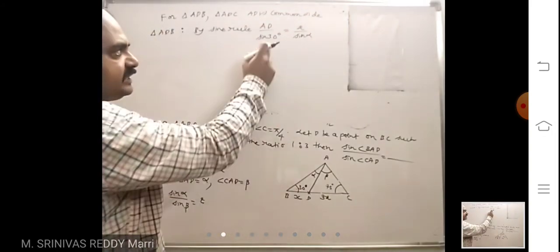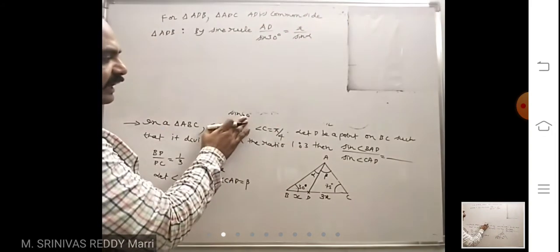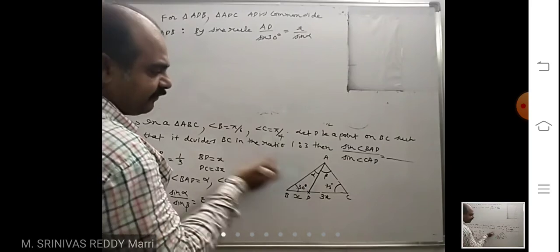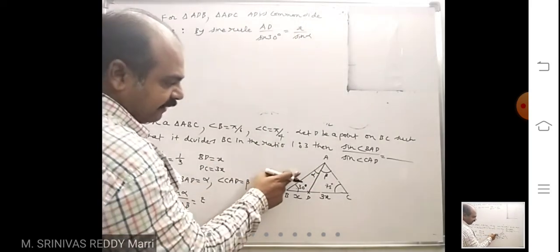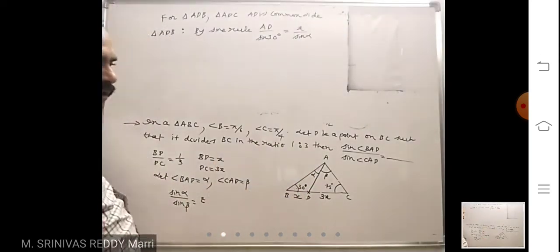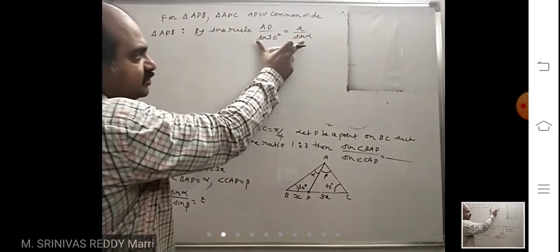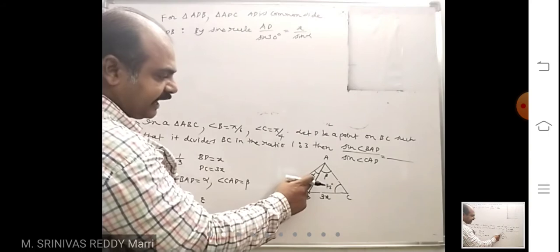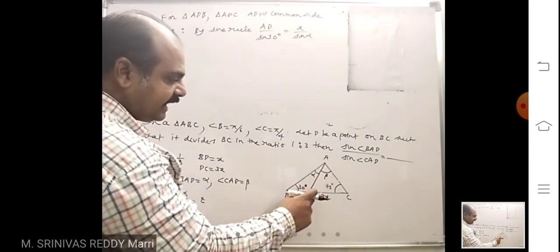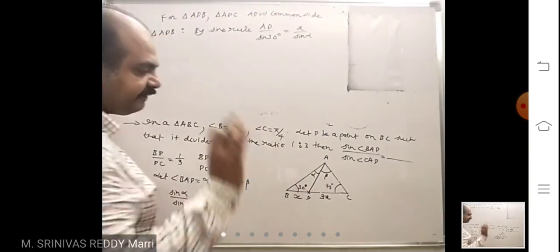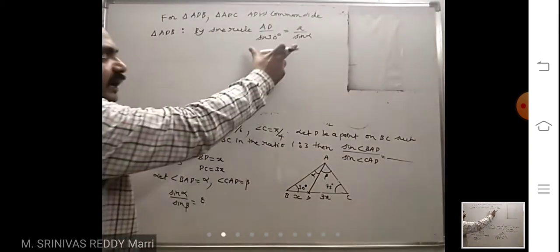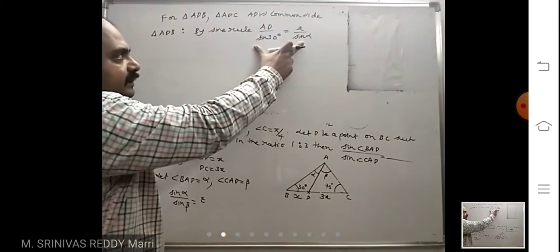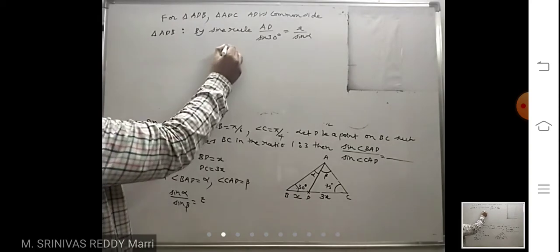The third I will not write. These two are also equal. The third is not necessary for this problem. AB divided by this angle, that angle you don't know. So these both are also equal from sine rule: this side length divided by sine of opposite angle equals the side length I want to calculate divided by sine of opposite angle. Right? So from this, calculate AD.